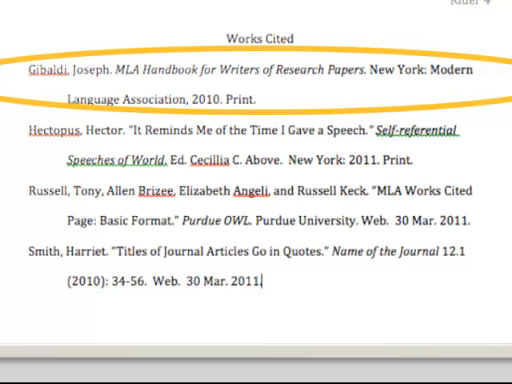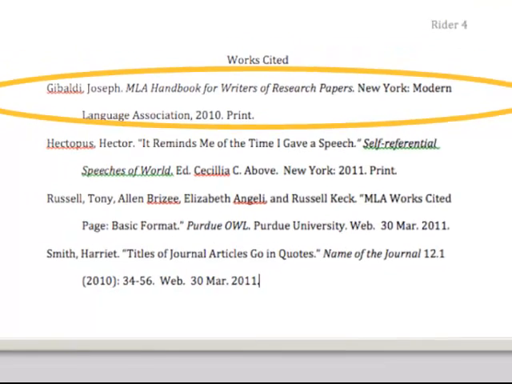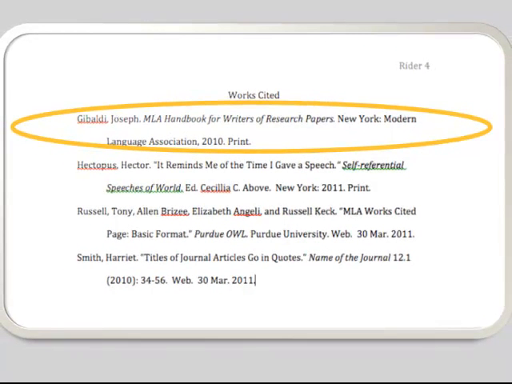So remember, anytime you are incorporating a source into your own writing, consider having an attributive phrase and an in-text citation, and you have to have that works cited page. Those three things work together to help the readers of your paper, whether they be instructors or other students, find what it is that they need to find. So hopefully that made more sense. We are at the end of our lesson.